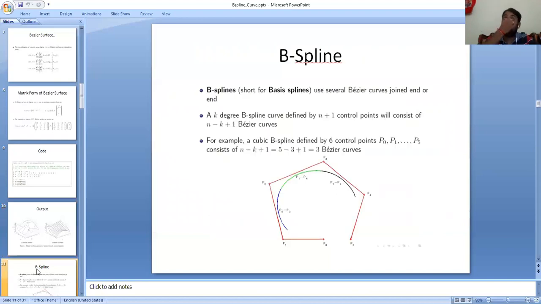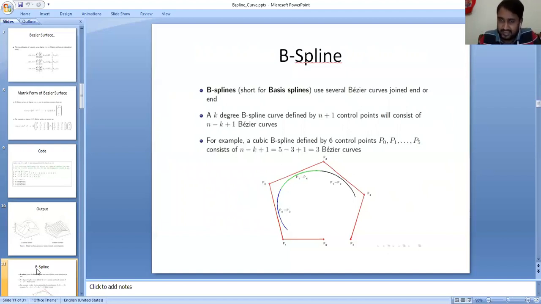So what is the problem with the Bezier curve? In order to draw a degree n polynomial, we must have n plus 1 control points. So if we have 10 control points, this is a restriction that we have to draw a 9-degree polynomial. If we have 11 control points, we can draw only a 10-degree polynomial. We cannot make this variable. This is fixed. If we have 10 control points, we cannot draw the cubic, or the quadratic, or the quartic polynomials.